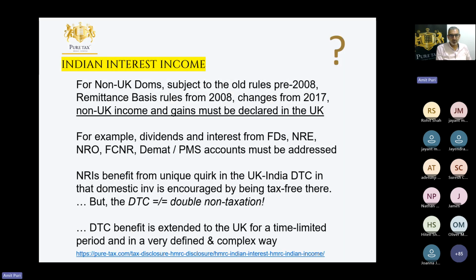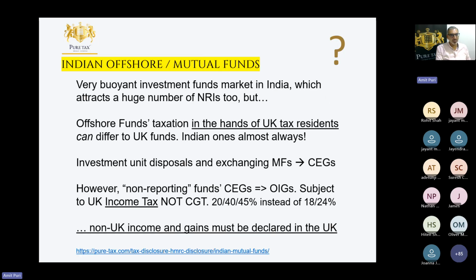And we'll move on. Like I said, this is one of the slides that I'm not going to cover today. But Indian interest, certainly interest income that's exempt in India, causes a lot of people issues, certainly when they've got to deal with these in a WDF disclosure. That's not for today, as are mutual funds, because the market is very buoyant around the world, not just India, for example. But people need to understand that a lot of funds that people invest into will be subject to income tax and not capital gains when they sell their units.